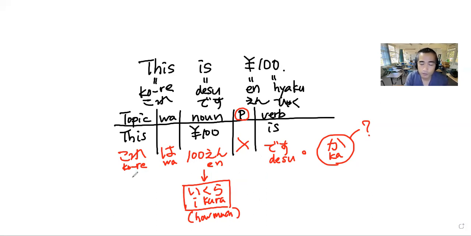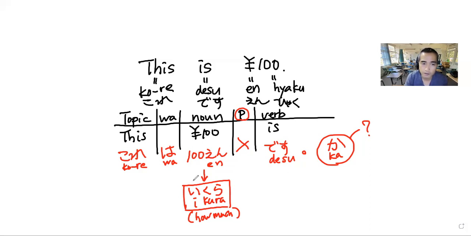We don't have to worry about word order at this stage. Then the shop person might say, あ、これは100円です。